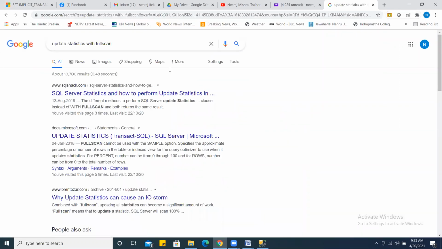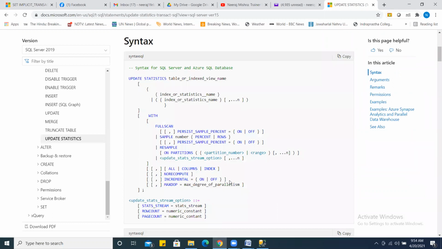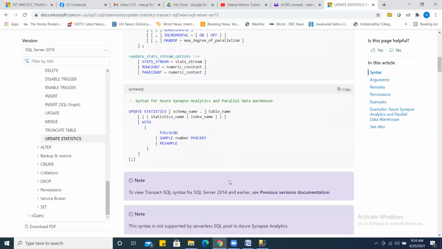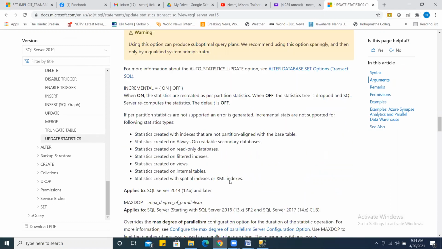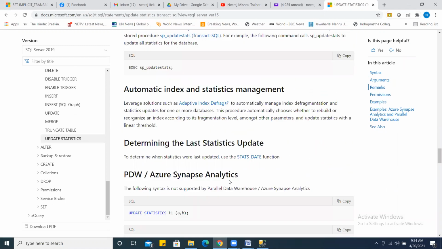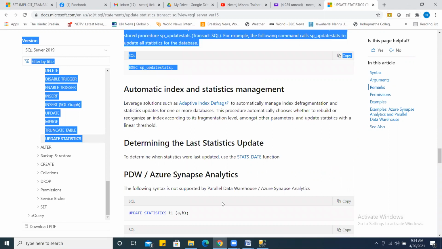The statement is update statistics. But what is the syntax? I do not remember that. This is for updating all statistics that we are doing right now.